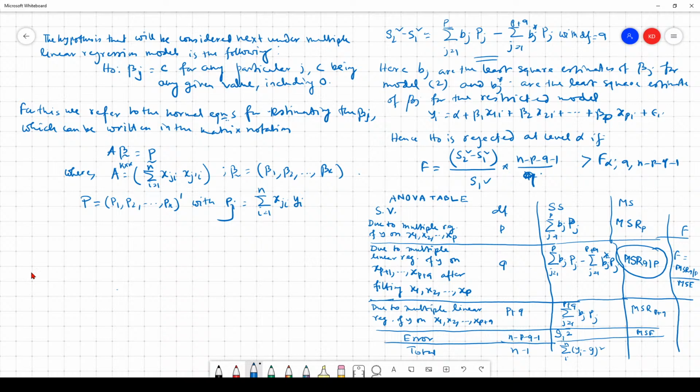And beta curl hat is equal to A inverse P. If you find this for beta j hat, you see that beta j hat is a linear function of independent